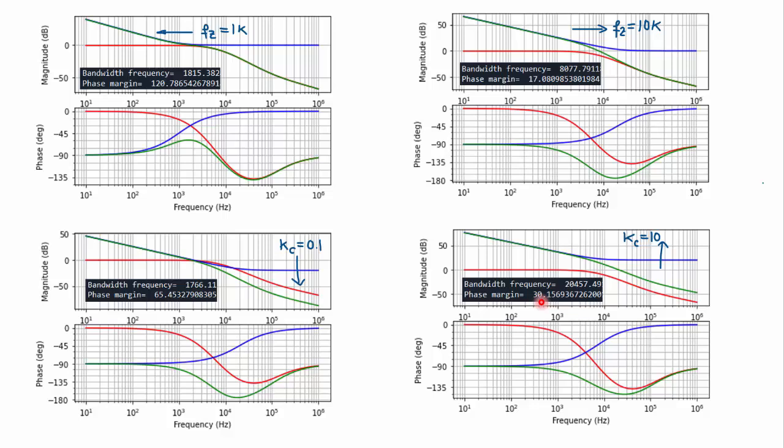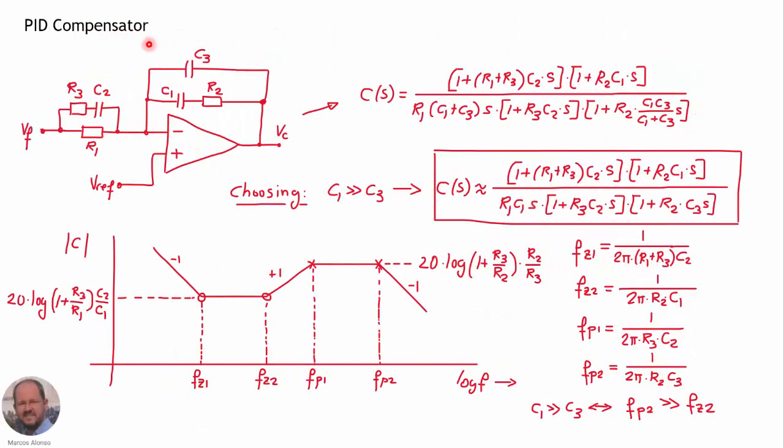So the conclusion, as we can see, is that it's difficult to improve the response of our system using a PI compensator. So let's see now what we can do by using a PID compensator. Here we have the typical implementation of a PID compensator using an operational amplifier. We are adding some new elements here in parallel with R1. We are adding resistor R3 and capacitor C2, and in parallel with the network R2 and C1